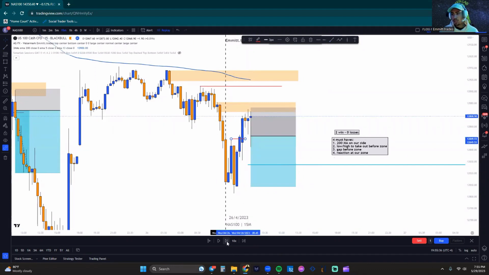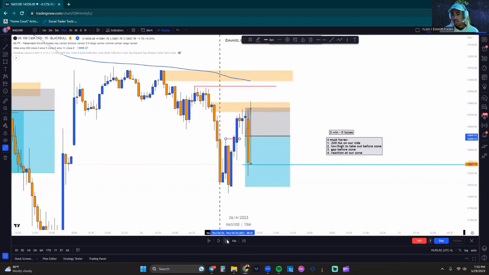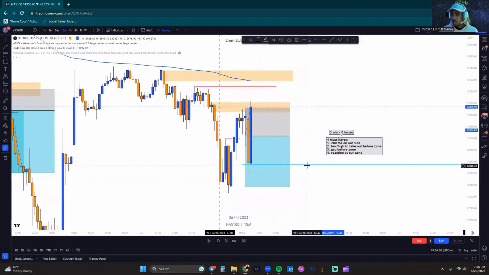Boom, we broke these lows. Oh my God, we're about to get yeeted on this. Oh, never mind. Oh my gosh. Okay, so TP1 is smashed. That came very close to our stop loss here. Obviously, stops right to break even at this point. If we hit lows, great. If we don't, who cares? And we're out of there completely. Okay, that's three wins, 0 losses. That's awesome. Moving on to the next day.